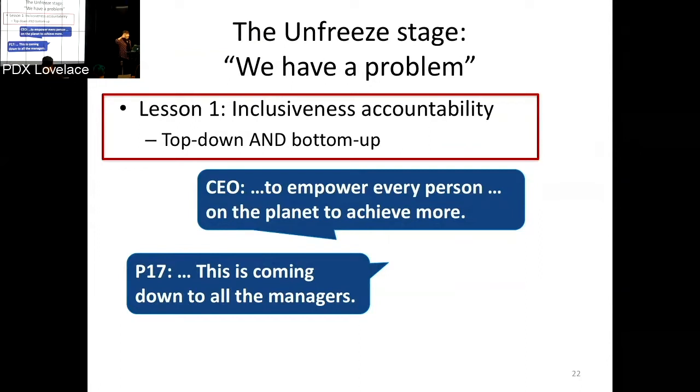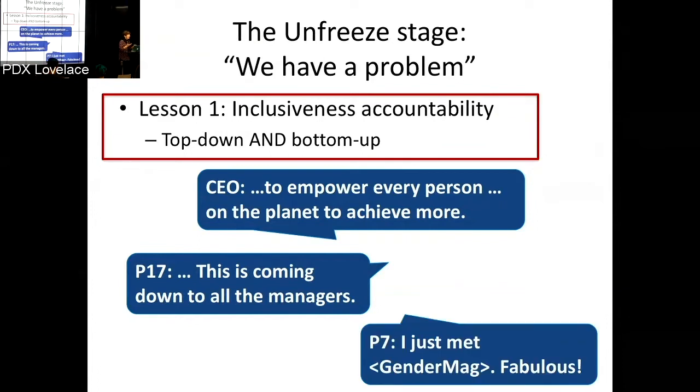But if somebody above says, I want people to work on this and figure out how it's going to work for us, then they have permission. It also needs to matter to the lowest levels, because if they don't care, it still won't get done. So you need the top down and the bottom up. It doesn't have to be the CEO. It can be the head of UX or head of the product or whatever, but somebody has to say it's in your day jobs. And then people below have to say, I care. And that's exactly the situation I was in here.